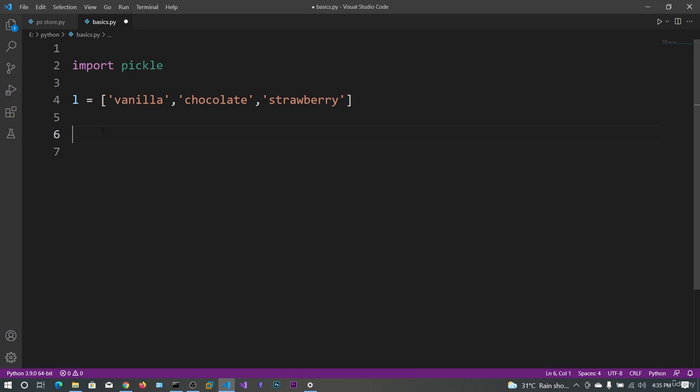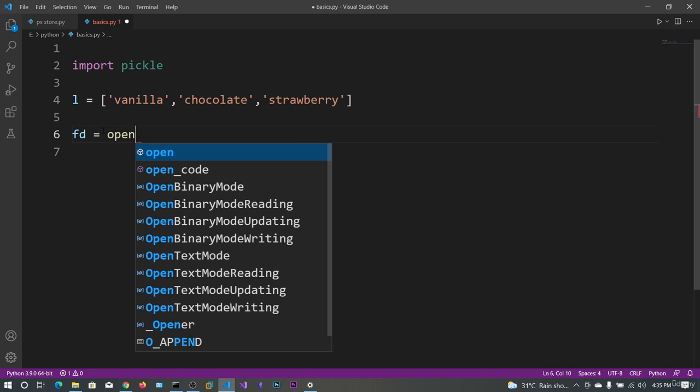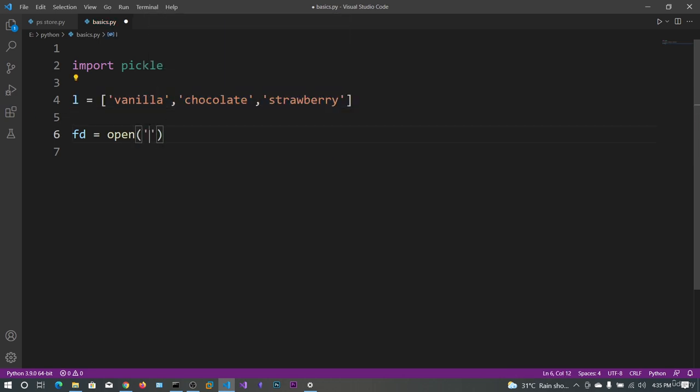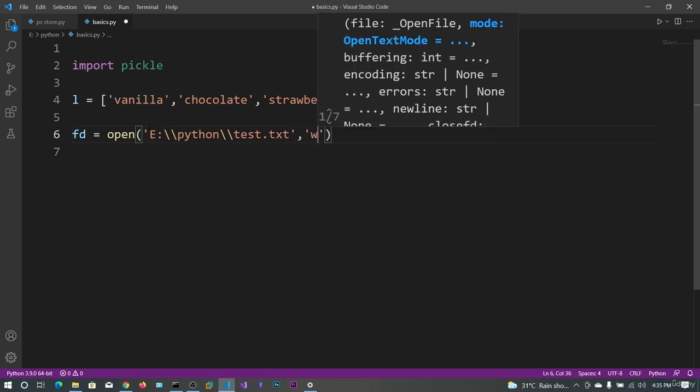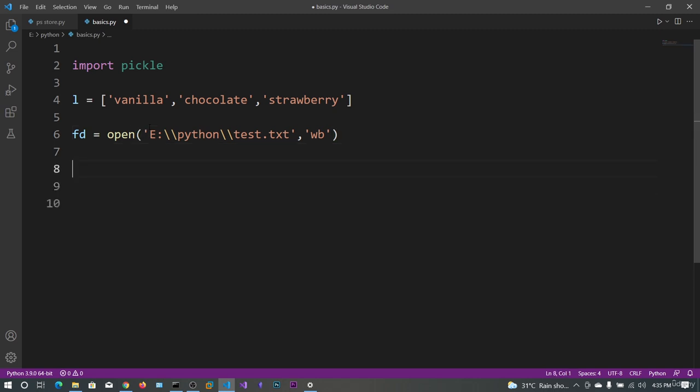So let's go and see this one. Let's also create a file descriptor. Let's open a file so that we can write the contents to this file name. And we need to open this in binary mode. If you want to read the file, you need to open this in RB, and if you want to open this in write mode, you need to say WB. After opening this, we can say